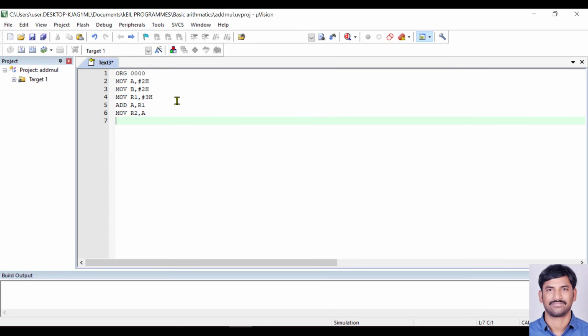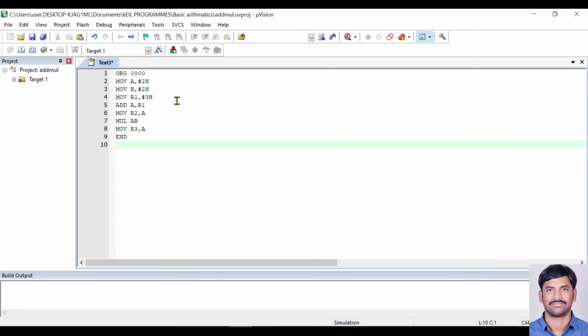Then I'm going to take the multiplication of A comma B. So now it is going to multiply the content of A with B, and the result will be stored in A. I'm going to move the result which is stored in the accumulator register to the R3 register. I'm going to end my program. So this is the arithmetic operation of addition and multiplication of two given numbers.